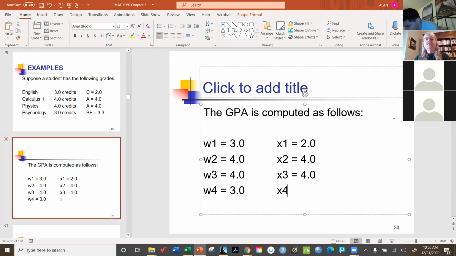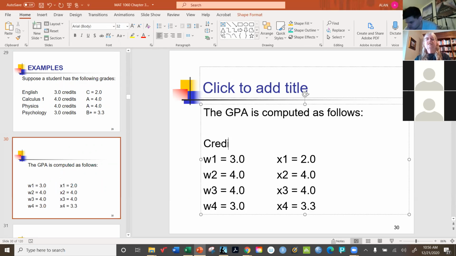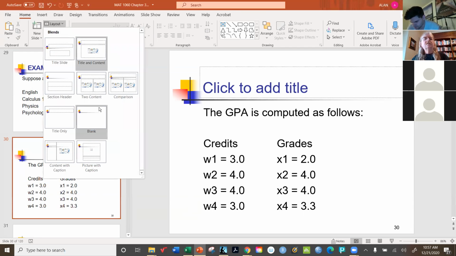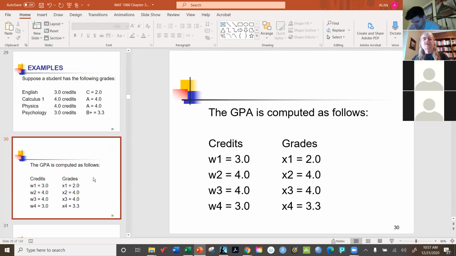And B plus X4 is 3.3. So think of these as the credits and grades. Okay, well, now once that's done, what we're going to do is put these together